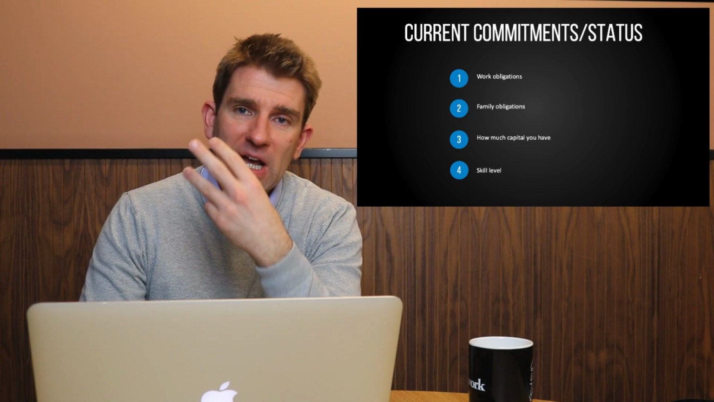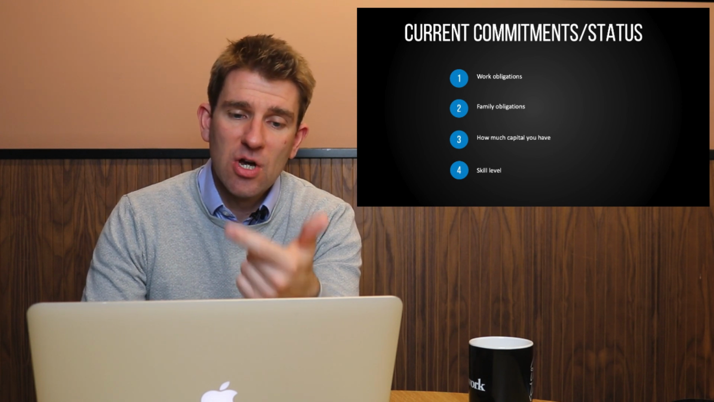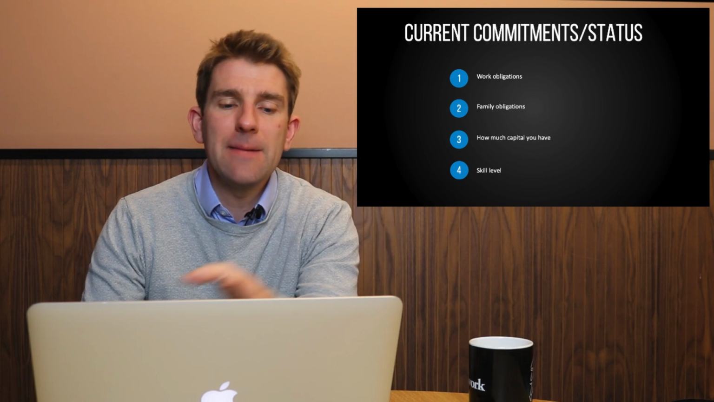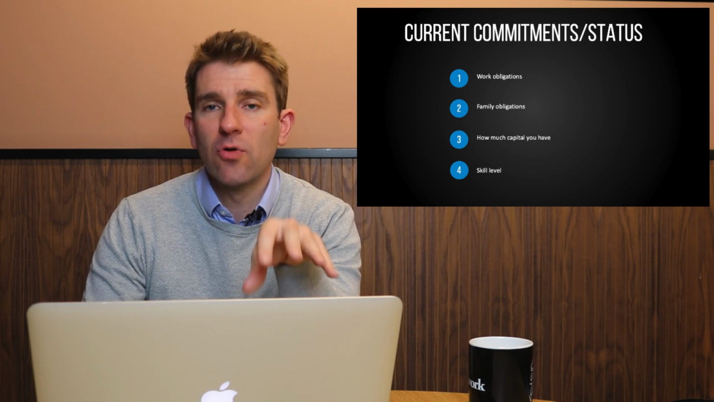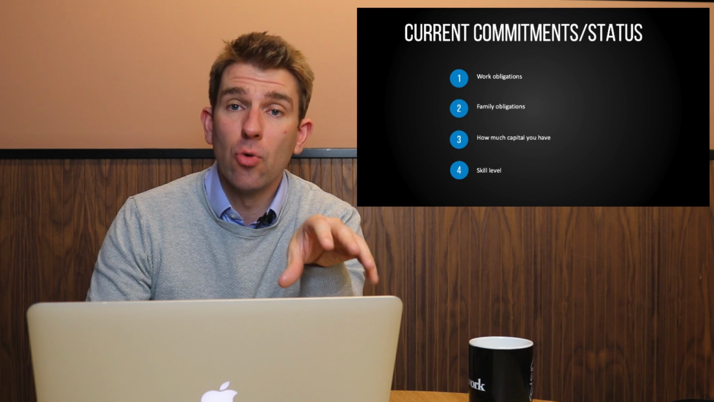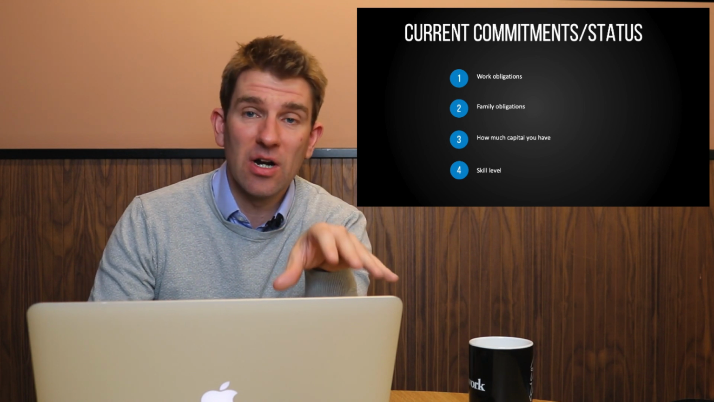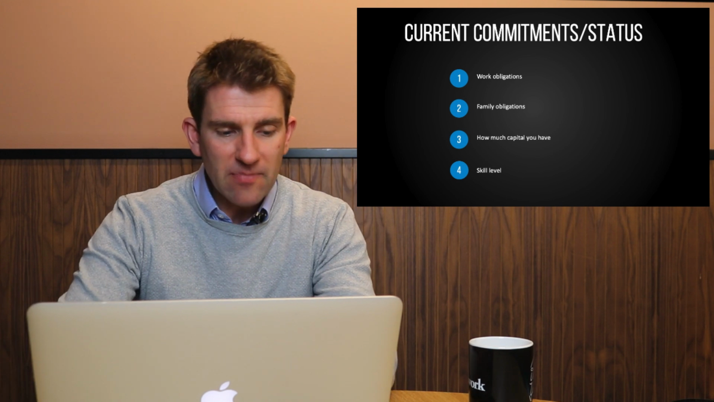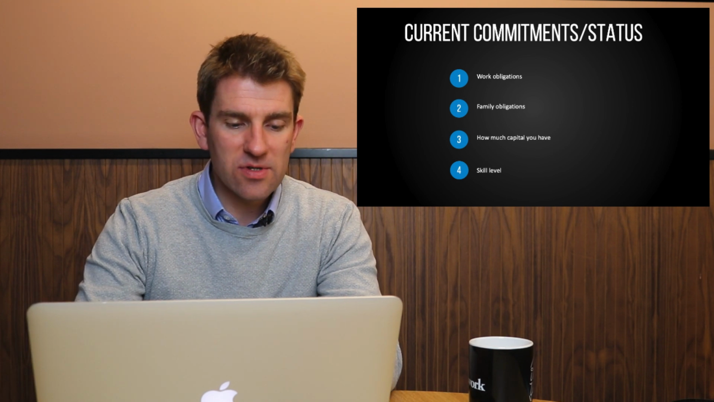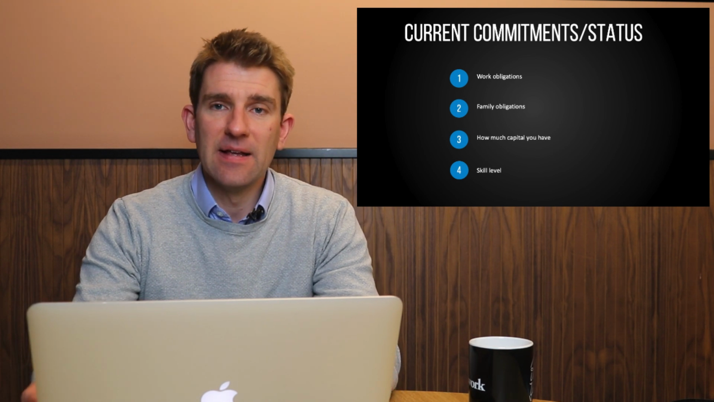Number 3, how much capital you have. So we've got our work obligations, we've got our family obligations. This is a time and looking at our current commitments and gives an idea on what sort of times we've got to trade. Is it the evenings? Is it the mornings? Is it swing trading? Can we look at lunchtime? That kind of stuff. Then we're going to look at capital,